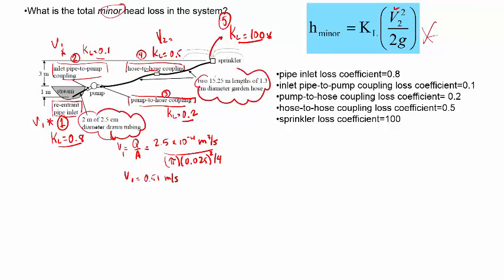So for this one, the velocity is going to be again Q over A, and we have the same Q, the continuity expression, and then the diameter changes here. So the velocity here for this part is 1.88 meters per second. So the kind of check you can do is, here the diameter is larger than here, so you expect the velocity here to be smaller than there. So if you did this calculation and obtained a smaller velocity, then you know that you've done something wrong. Okay, so now let's calculate the losses